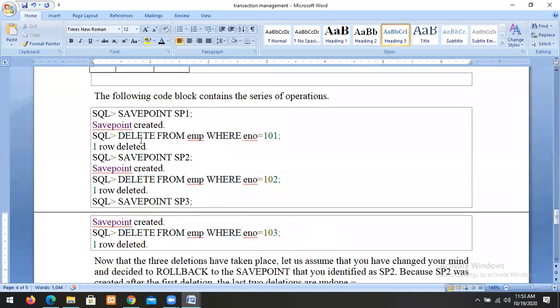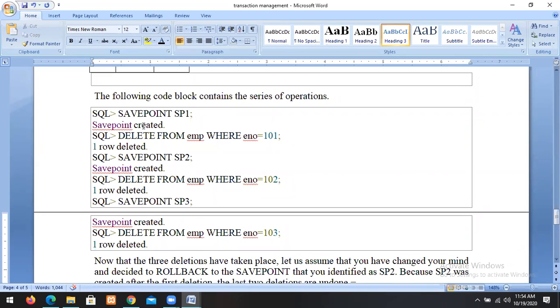Suppose these are the 3 save point commands. Save point 1 I will call sp1. Whenever I create a save point, the system will create it. In sp1, delete from employee where employee number equal to 101. So the 101 record is deleted. Again I created one more save point, sp2. Delete from employee where employee number equal to 102. So again the 102 record is deleted. Suppose I create one more save point, sp3.